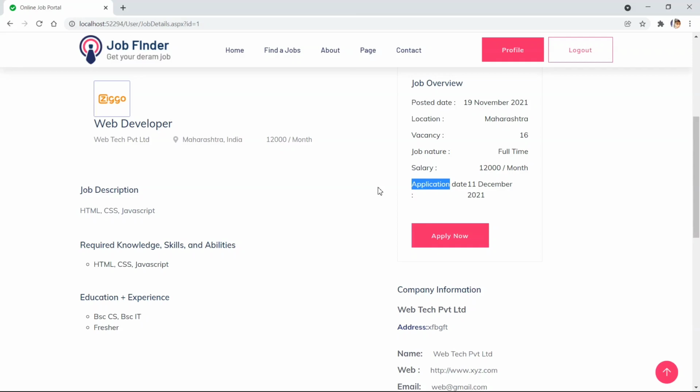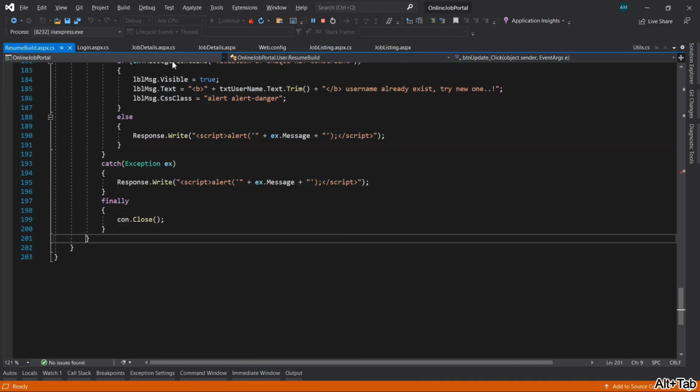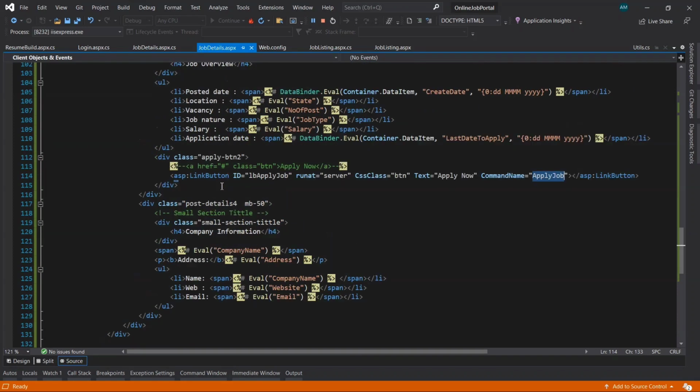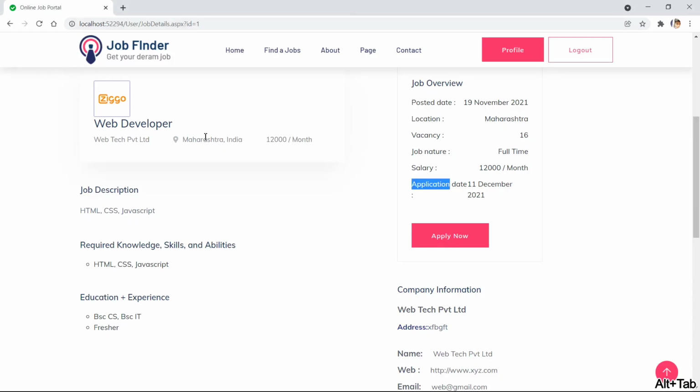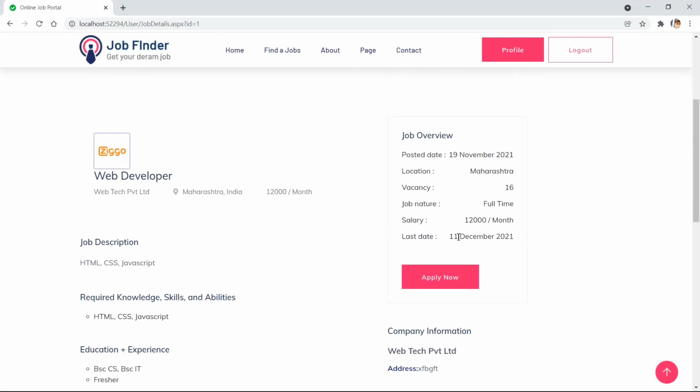Okay, we'll give the last date. Design page, save it, refresh. Now you can see the date is also now in a single line.